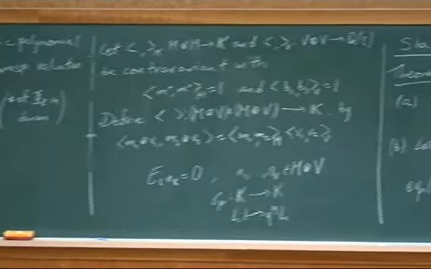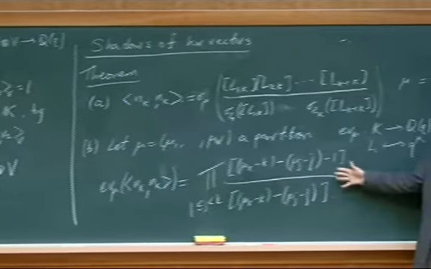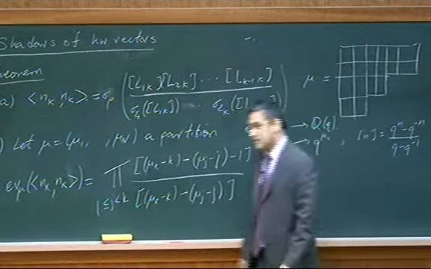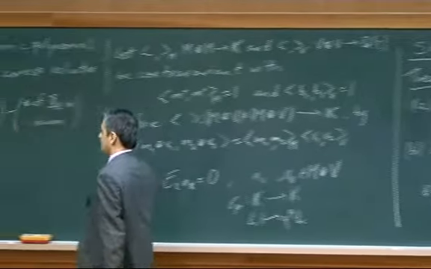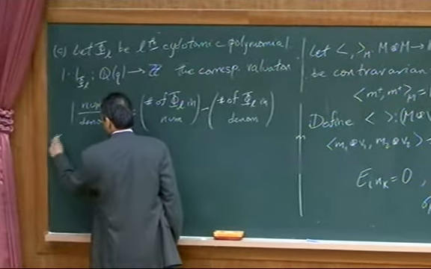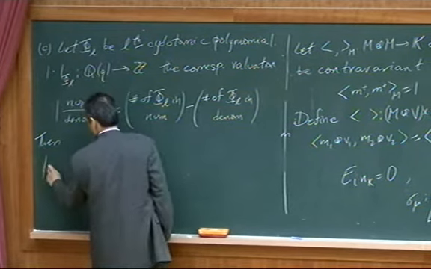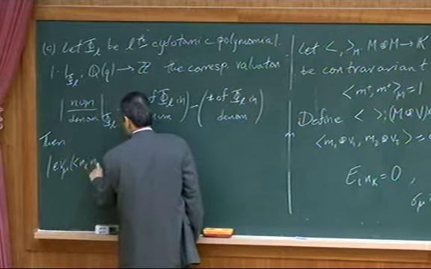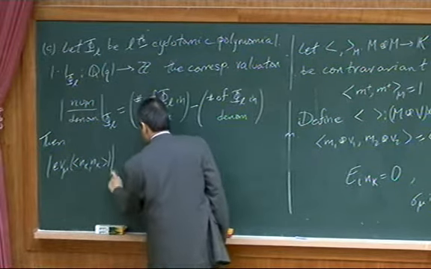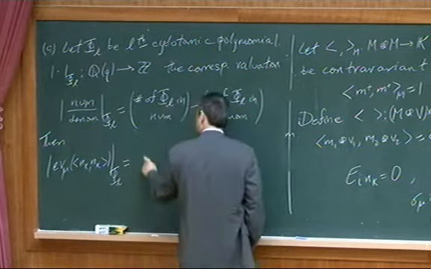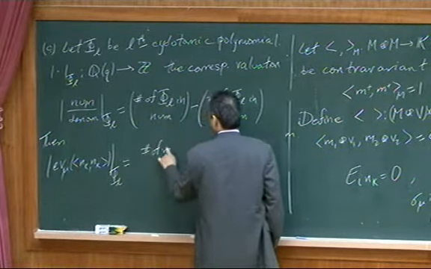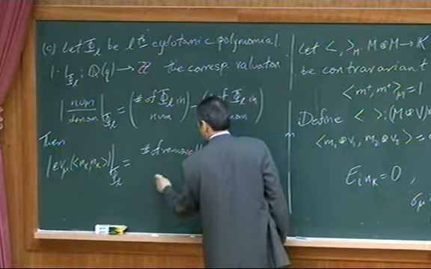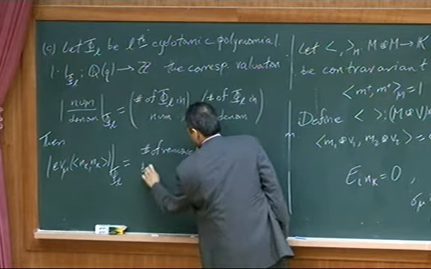Okay, so let's take this expression and we just compute. We just look at it and count the number of phi L's in the numerator minus the number of phi L's in the denominator. And what do you get? So this is an integer which is the shadow of my highest weight vector. This is the number of removable boxes of content C